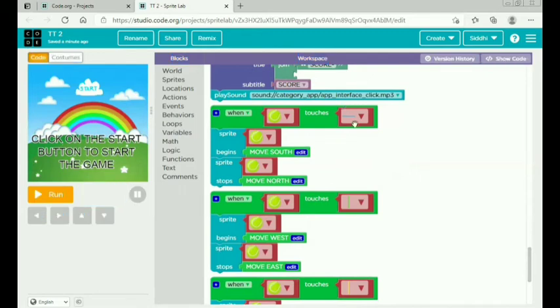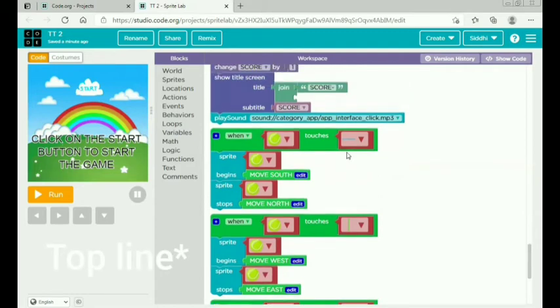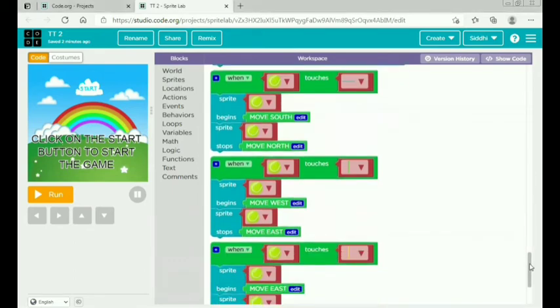And then when this ball touches the blue line, the up line, it should begin moving in the south. Why should it move in the south? Because it needs to come from above, from top to bottom, right? So that's why it should begin moving in the south. That's why I have stopped that motion when the ball was hitting the racket. I have just stopped that it should not move south anymore, and here I've stopped that, stop moving north now. This is important, otherwise it will keep on moving south and north also,